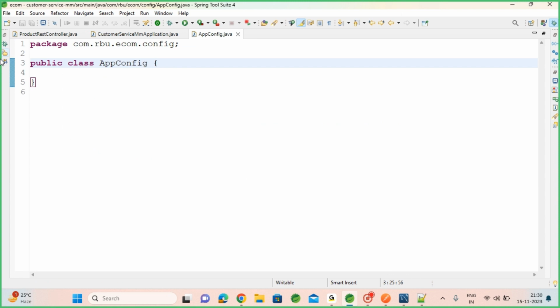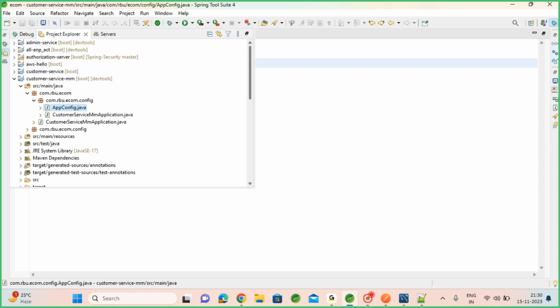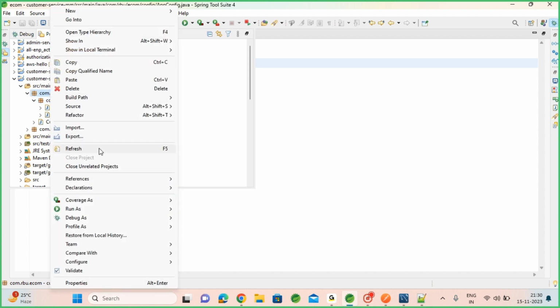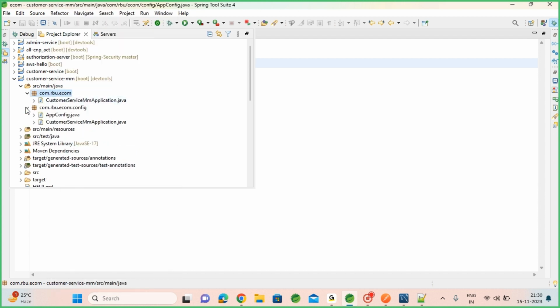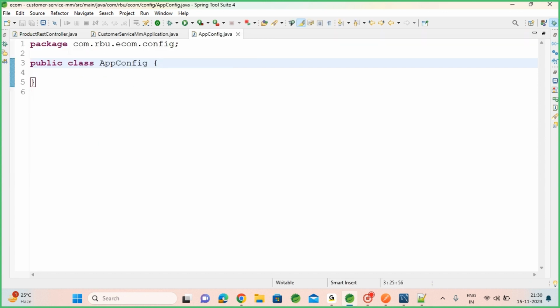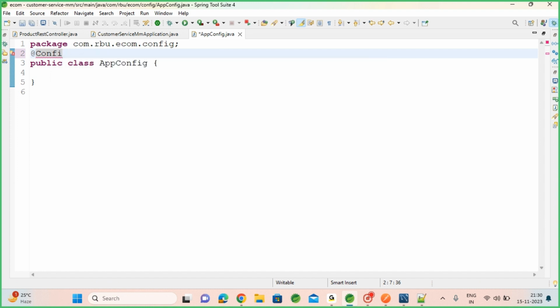I need one small configuration here. The @Configuration annotation we have to put,